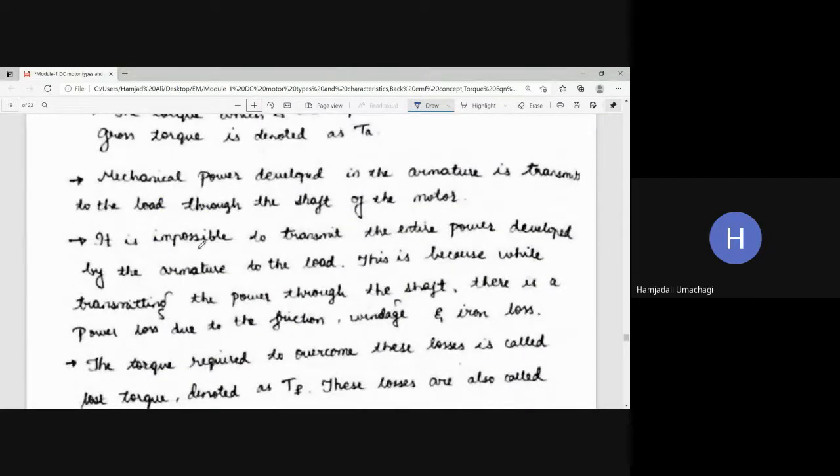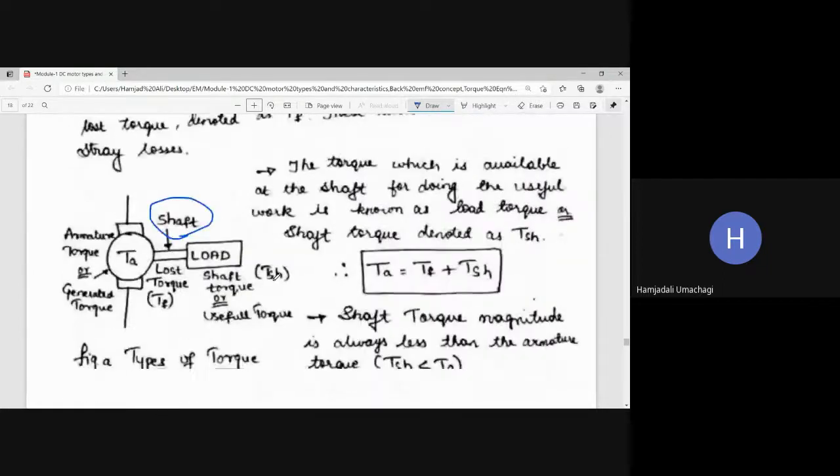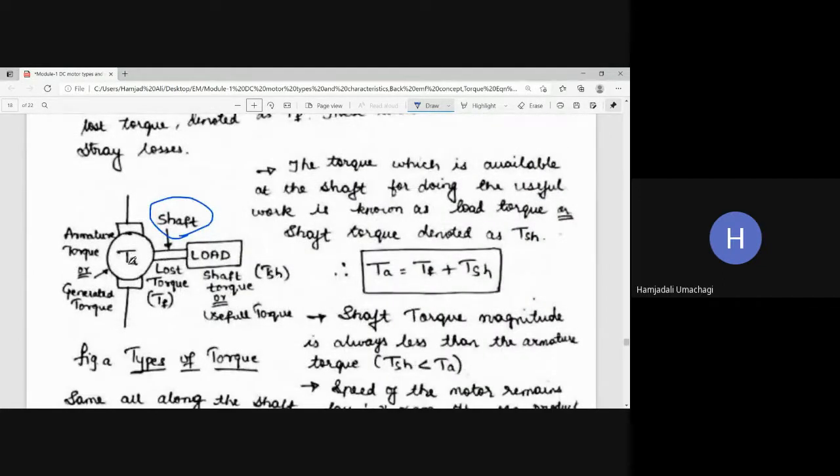Then it is impossible to transmit the entire power developed by the armature to the load. Yes or no? Because in between we are having a shaft there. Which type of losses may you expect there? Here this is the generated torque, and this generated torque is driving a certain load via this shaft. Whatever generated torque is there, it is not going to reach completely to the load, because in between there will be certain